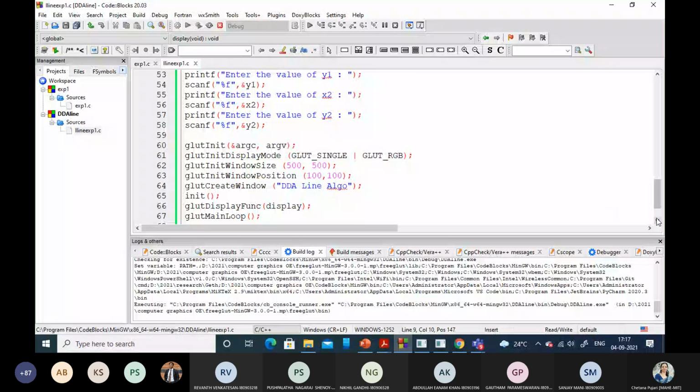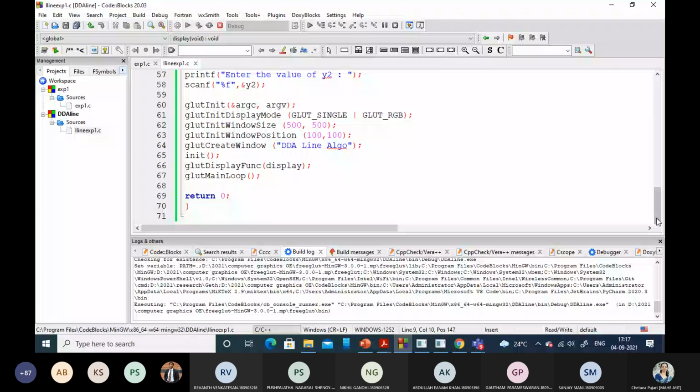I think it's enough for today's class because we did the derivation and algorithm. Next class, please go through all the derivation and algorithm once again, and we'll solve one simple example based on that, wherein we'll have x1, y1 and the endpoint values, and we'll calculate all the in-between coordinate values, similar to how we did for DDA. Like we solved a few examples, the same way we go for Bresenham.